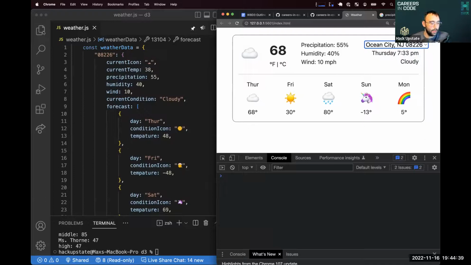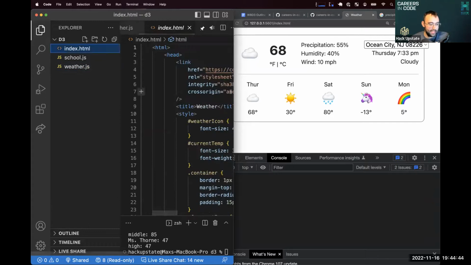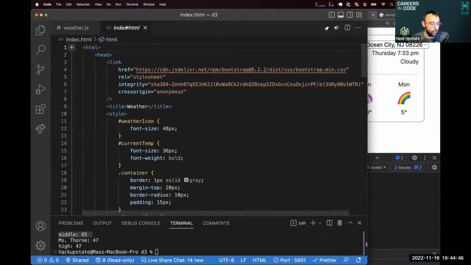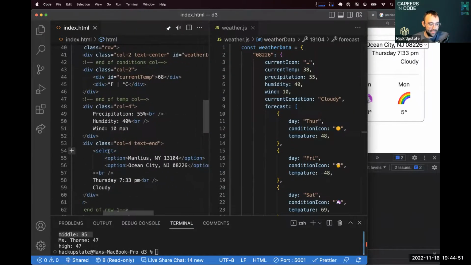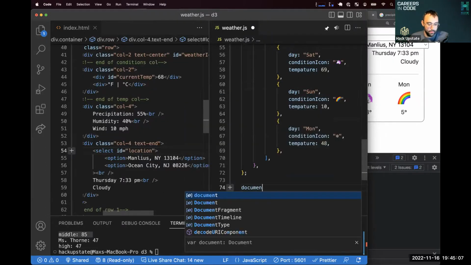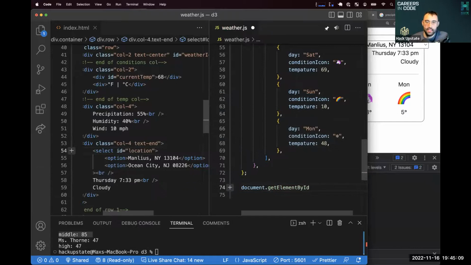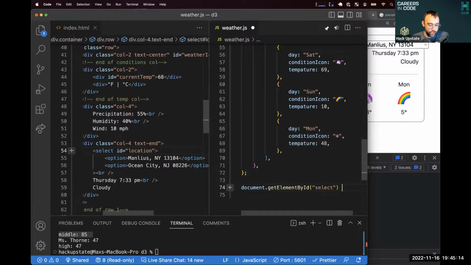So we start by going back to our HTML and saying, hey, I need some way to hook on to my select. So I'm going to go find my select, and I'm going to add an ID to that called location. Then I'm going to scroll all the way down to the bottom of my JavaScript. I'm going to ignore all of that data up there, and I'm going to say document get element by ID, go get my select, and when it changes